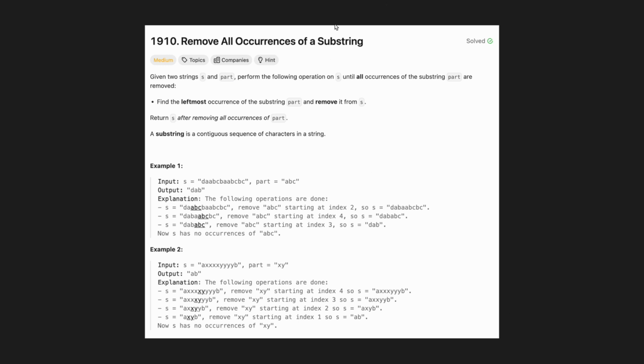So the problem states that we are given two strings, s and part, and we want to find the leftmost occurrence of the substring part and remove it from s. And we want to continue this operation until all the occurrences of the substrings are removed, and then we can return s. So if we look at these examples, in example 1, we see the first occurrence of ABC, so